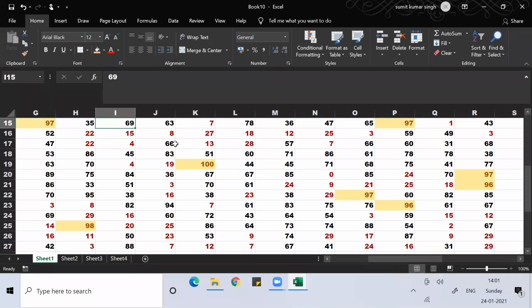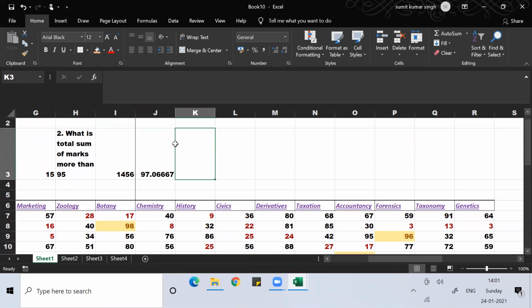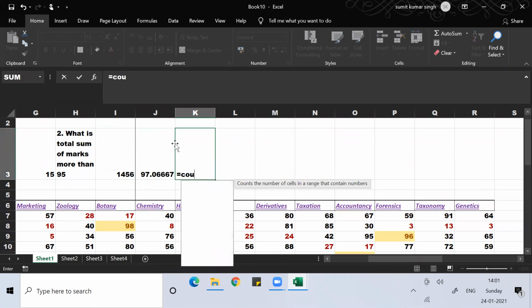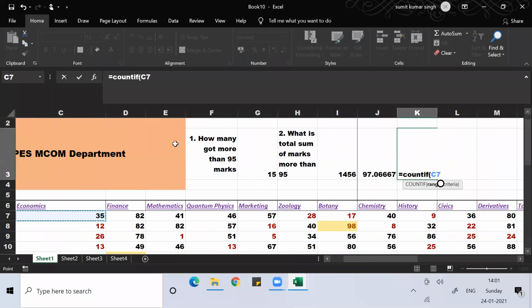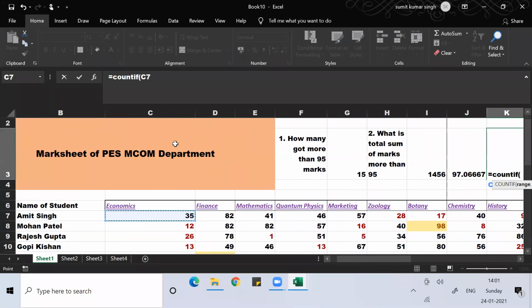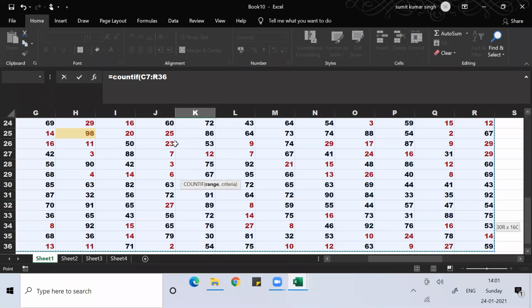If you want to count them, you can use the COUNTIF command. Select everything, then in double quotes less than 30. Or if you want less than or equal to 30 also, you can do that. Anything will work.